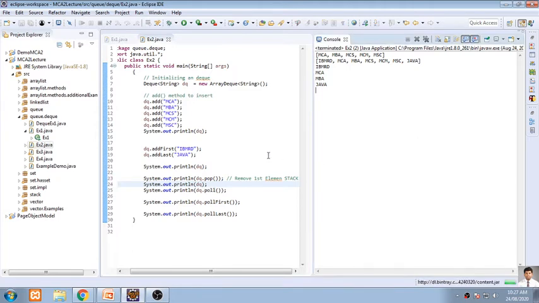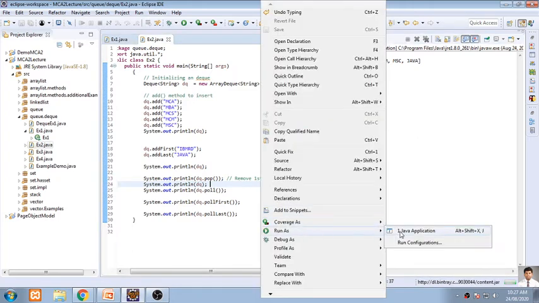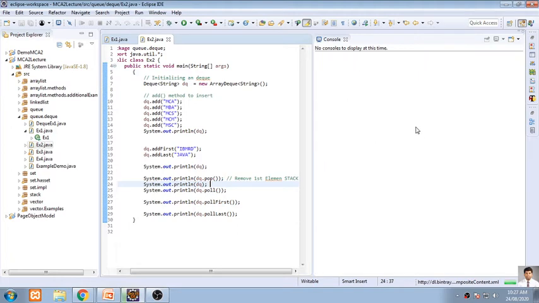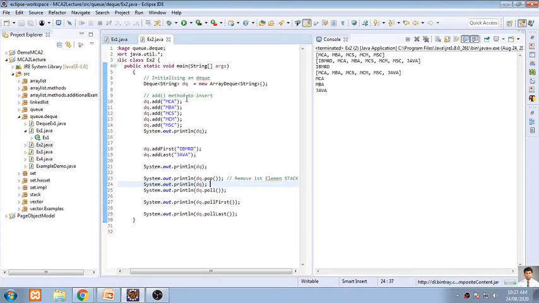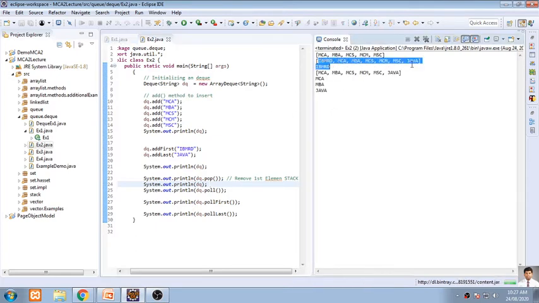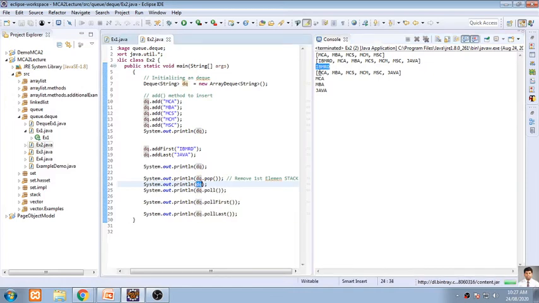We are using the pop function first, and after this pop function, we are again using the pull function. Now first the elements are displayed. Then we have added two elements at the first and last position, and then we have removed the first one using the pop function. So after that we'll be getting MCA, MBA, and the remaining elements.